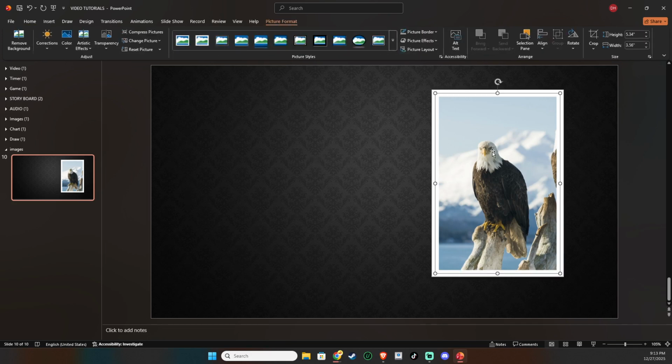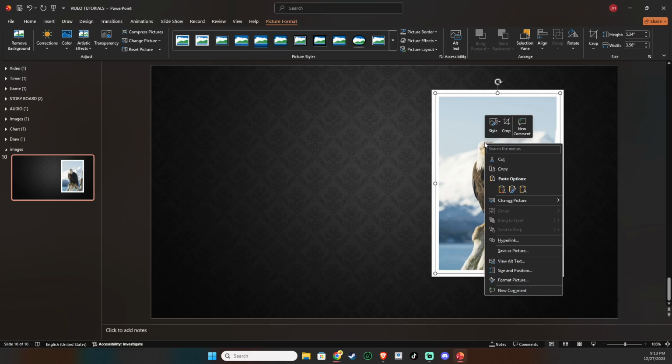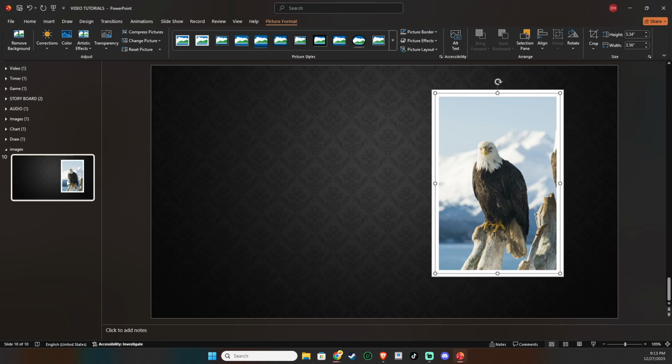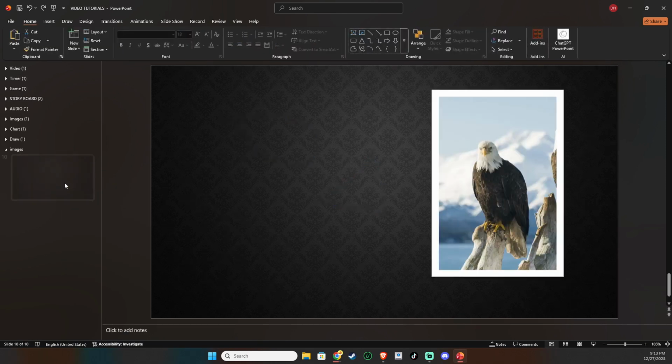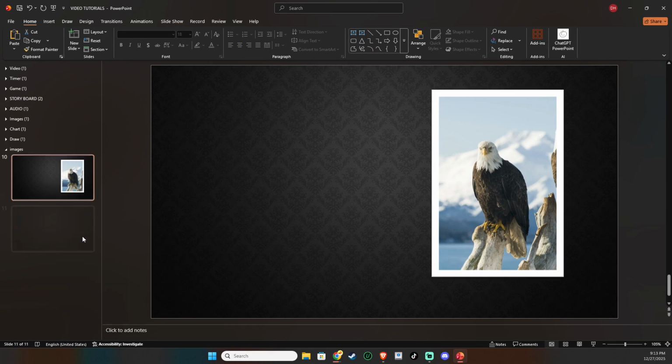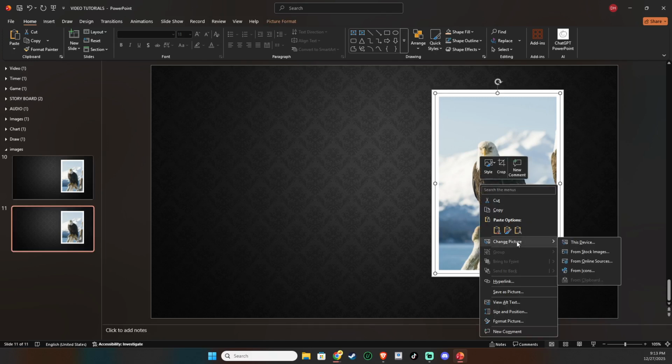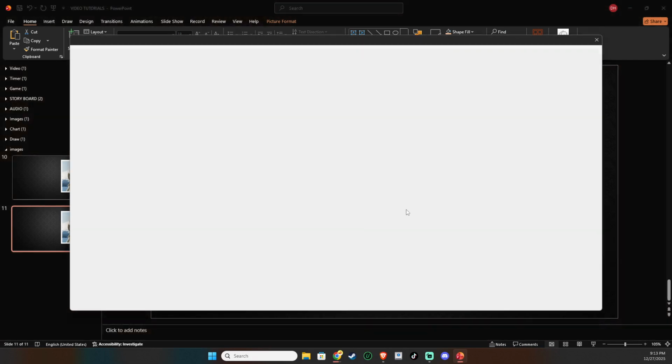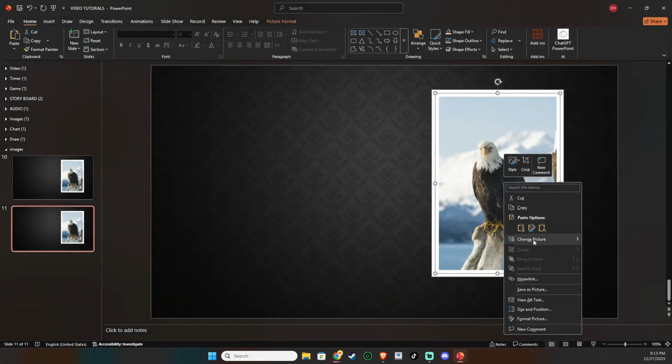This is especially helpful when your new images are different sizes or aspect ratios, because the placeholder controls how they fit. To move quickly through multiple slides, repeat the same action. Click the next picture placeholder. Go to Picture Format, choose Change Picture, then, from a file, and insert the next image. PowerPoint will automatically carry over the crop, size, position, and effects for each placeholder, so you get a uniform, polished look with minimal effort. If the new image needs a slight crop adjustment, you can fine-tune it afterwards without losing